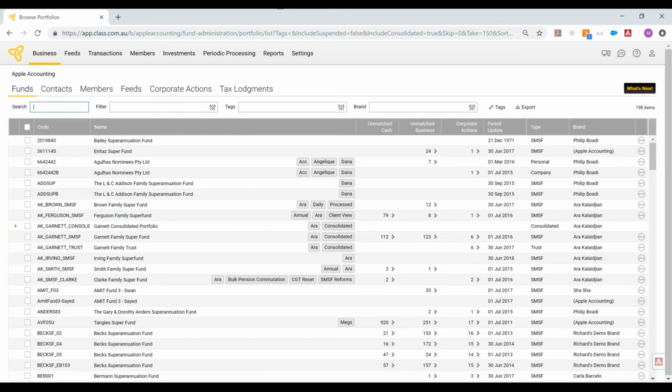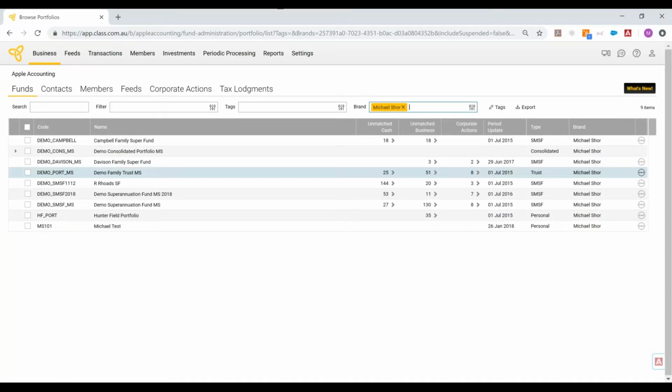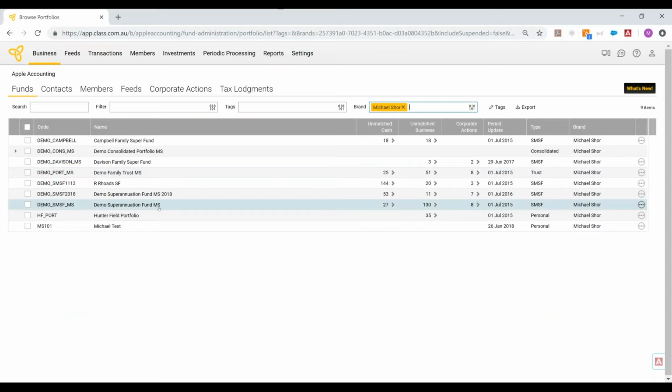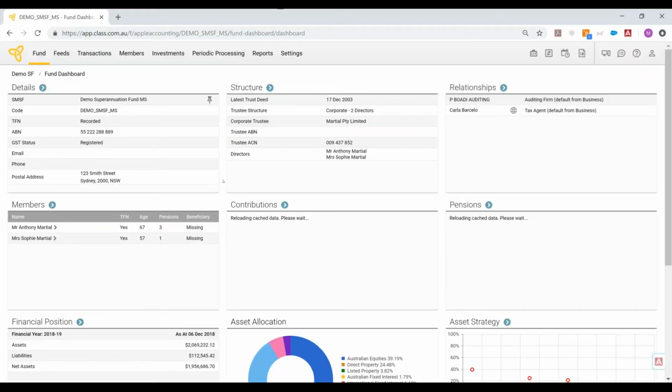Now, there is a lot more that you can do at the business level, and we'll return to the screen towards the end. Before we do that, I just want to go into a specific fund where I can demonstrate how the processing actually works in the background. So I've got a demo fund set up here, where when we click on it, the first thing we'll see is the fund dashboard. So this will give us a quick snapshot of what the current situation of this particular